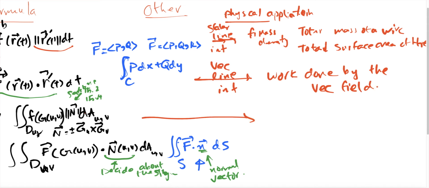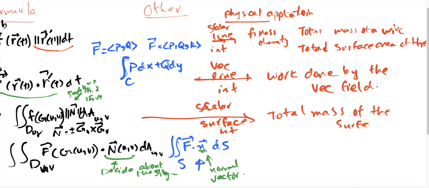The scalar surface integral gives you the total mass of the surface, or whatever density function you have, total of that basically on the surface. And the last one gives you